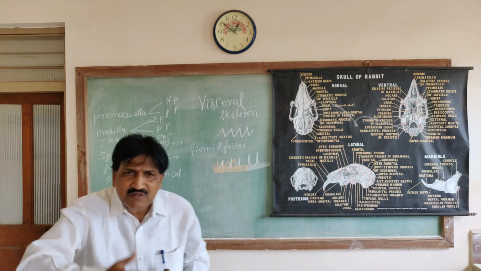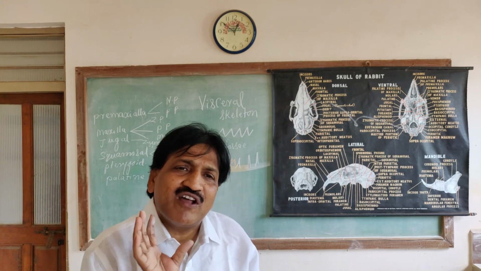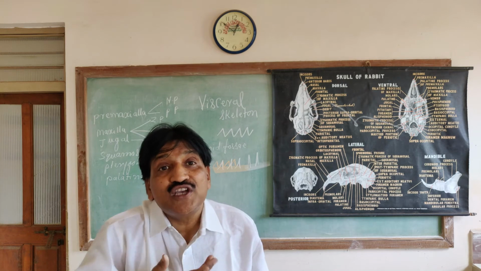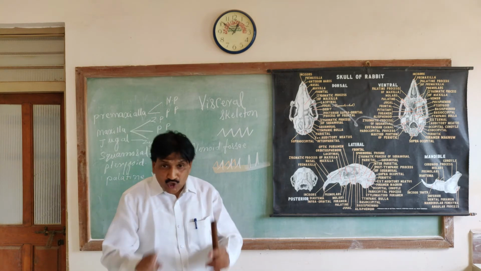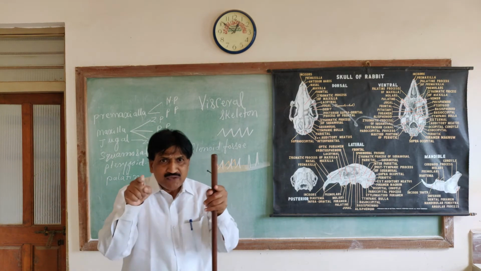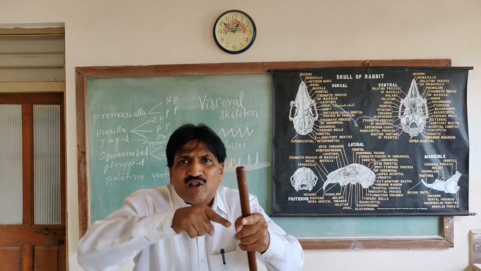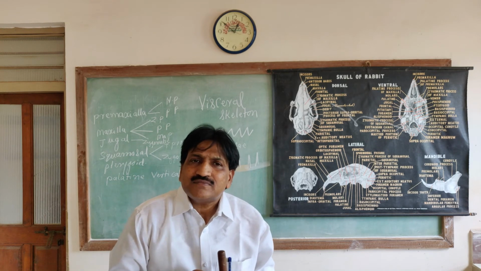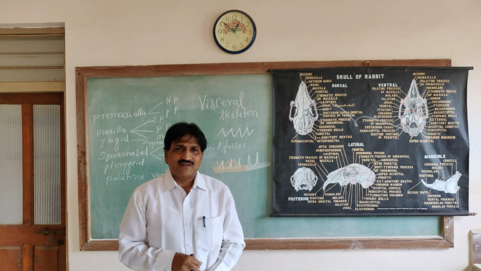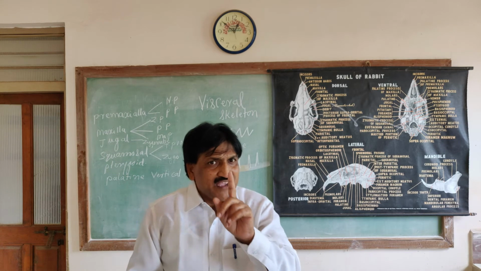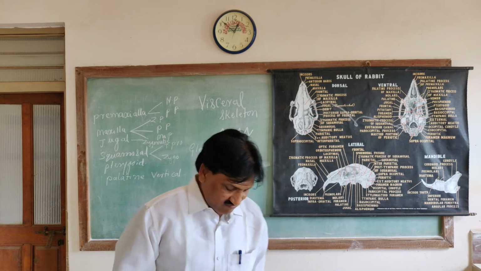So what is the difference between the upper jaw and the lower jaw? The upper jaw cannot move because it is firmly fixed. The lower jaw is mobile. That is called lower jaw movement. The lower jaw is made up of two similar parts, united towards the anterior side in a V shape, with the posterior part diverged. It is a vertical and flattened bone.